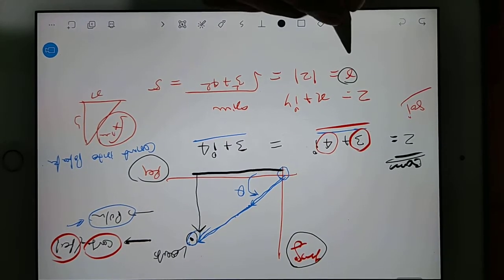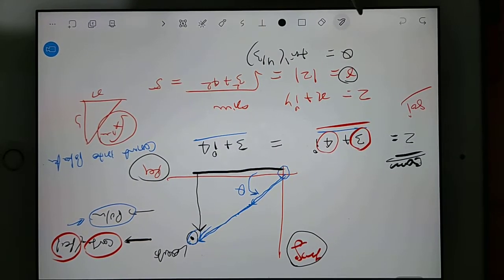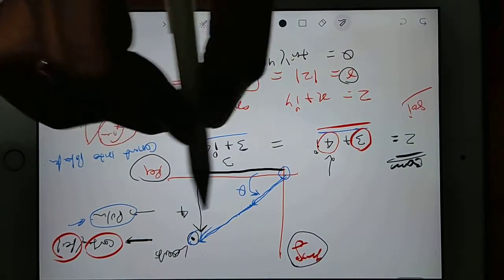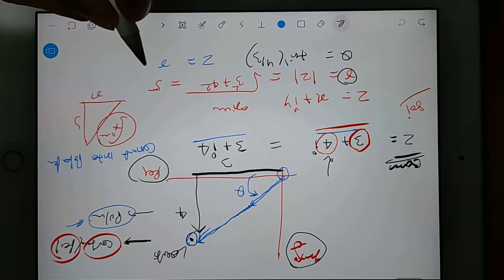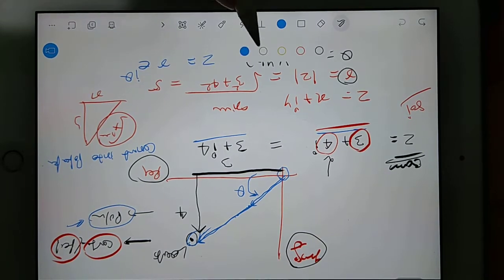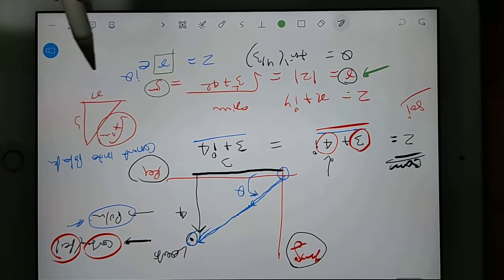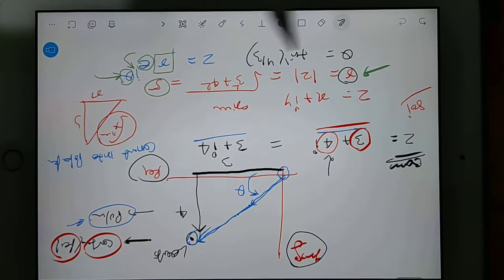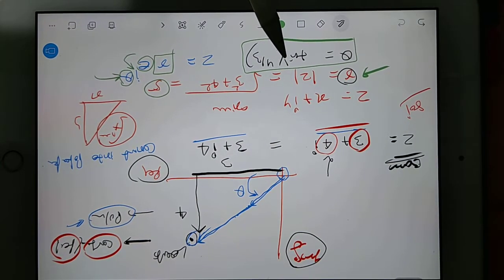Okay, the r value is clear. We also need theta. So theta will be nothing but tan inverse 4 by 3, right? Because this length is 4, this length is 3. After this, the z value you can write as r e power i theta. Now you see the r value is 5, and in e power i theta, e will be as it is, i will be as it is, only the theta value you will replace by this value. So this is how we are converting.